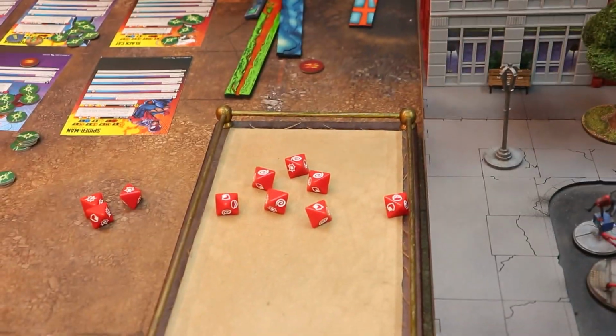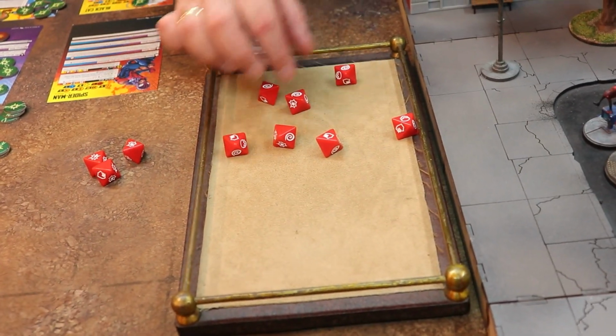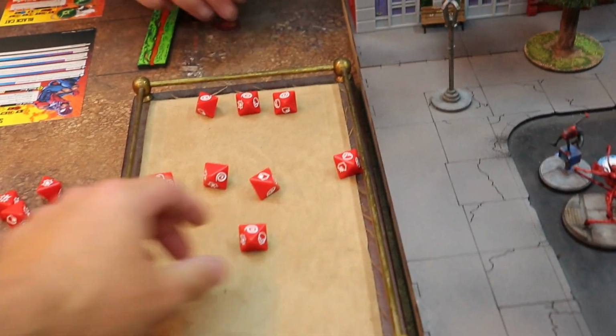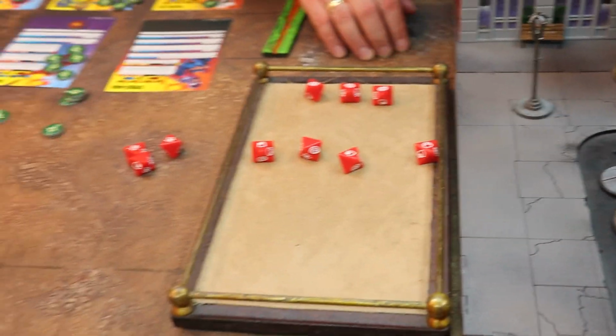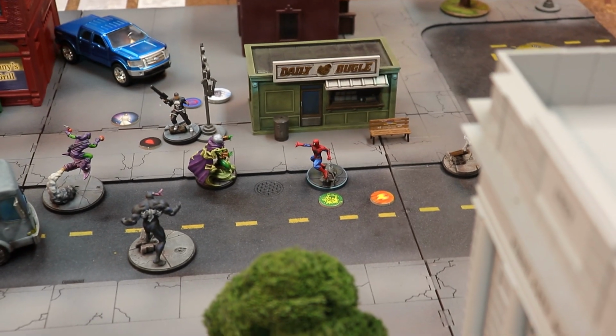Let's see what happens. I'm pretty sure I'm dead. Pretty sure, unless this is a crit, which it's blocked, so I still take 2, which is enough to daze him. Puts him at 7 damage. Steer is going to be my first activation. He's going to do